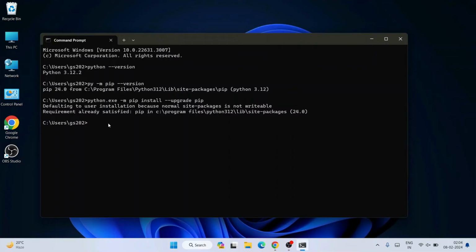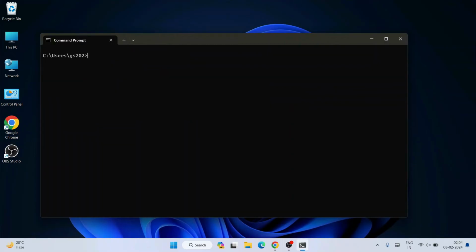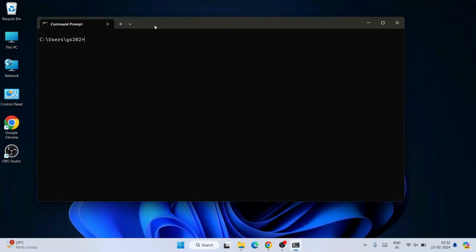Once our pip gets upgraded, let's clear everything from our console. Simply type cls and hit enter. Now we're good to go to install any Python package. Now I'm going to show you how to install Flask. For that, you simply type pip install